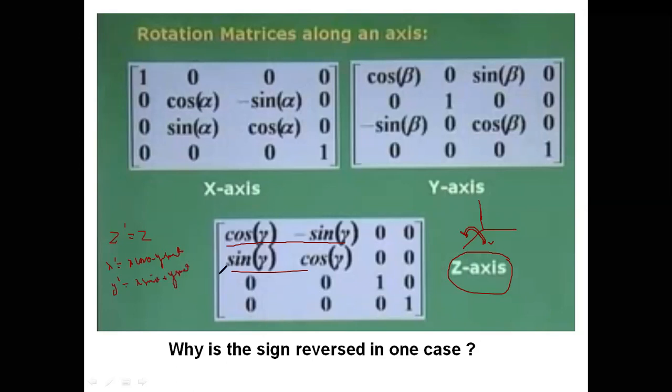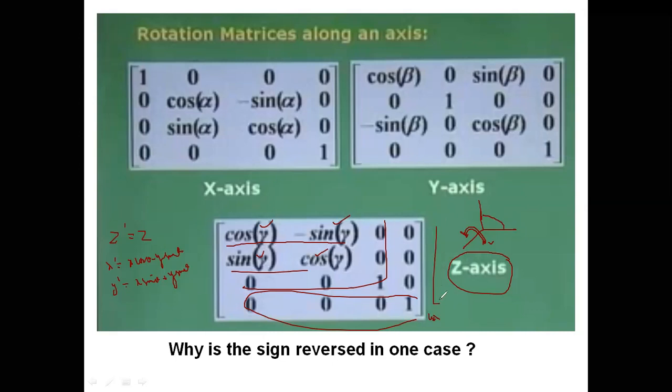Now this is represented in terms of a 4 into 4 order matrix. This is the homogeneous coordinate part, and this is the 3 into 3 order. So cos theta is written over here, minus sin theta, sin theta, and cos theta. This is the same matrix that we followed for xy.